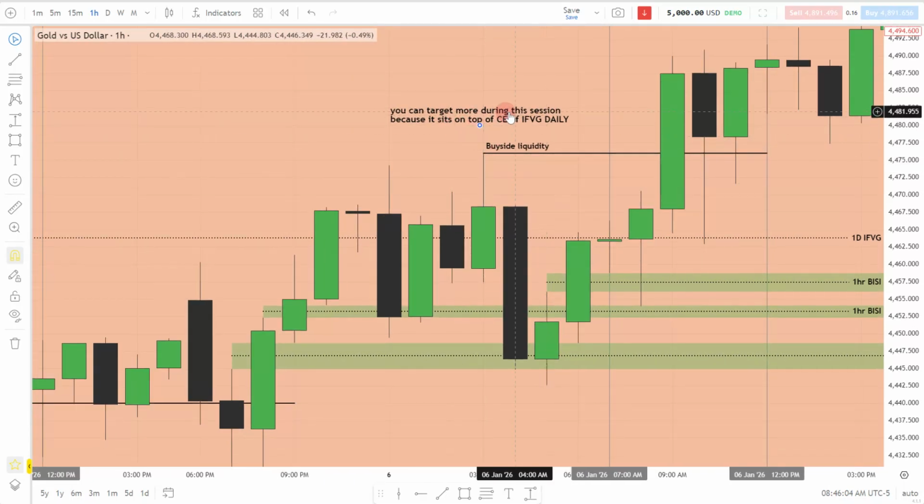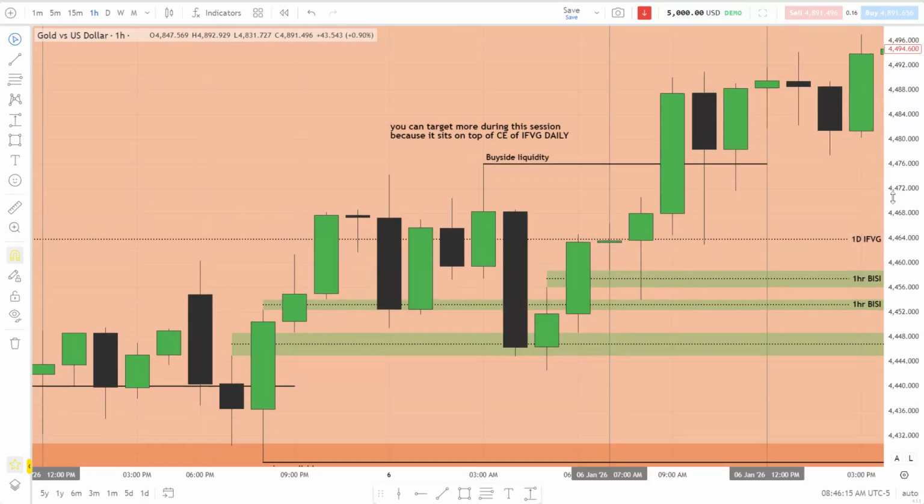So you can target more during this session because it sits on top of the consequent encroachment of the IFVG there. Remember this zone? This one here? Yes. And